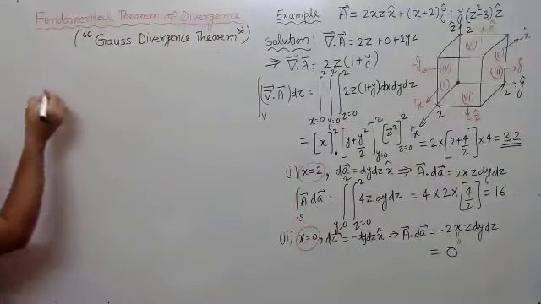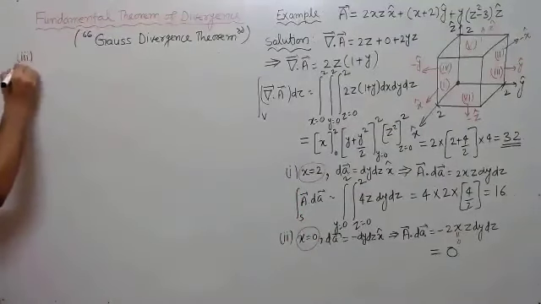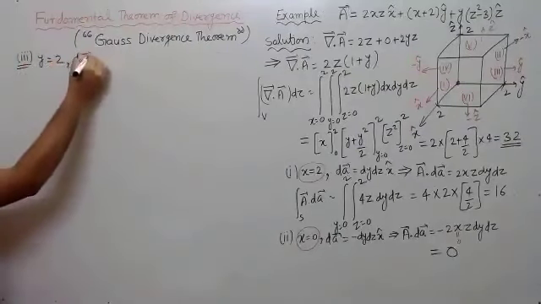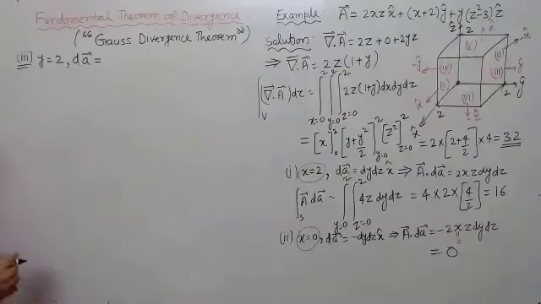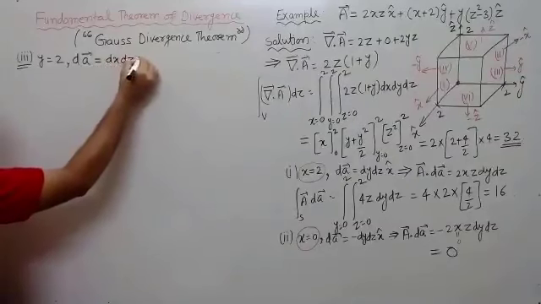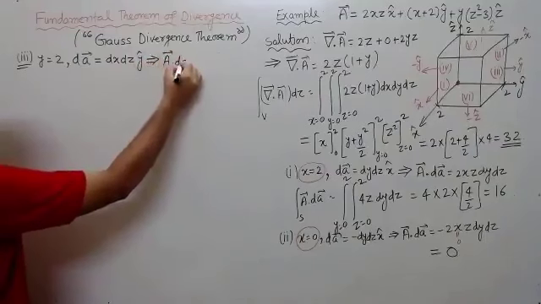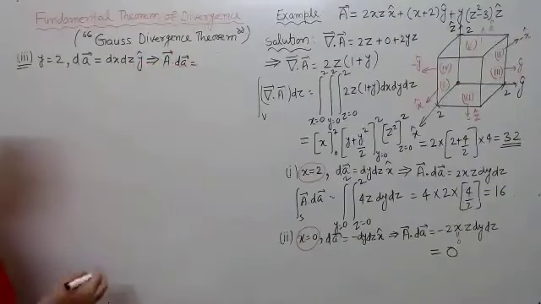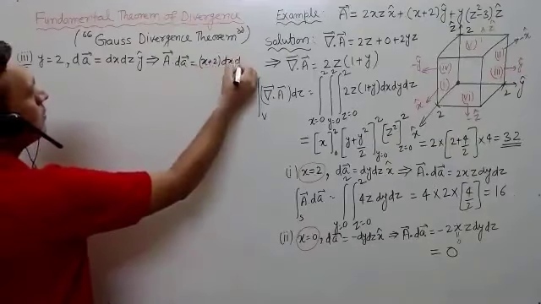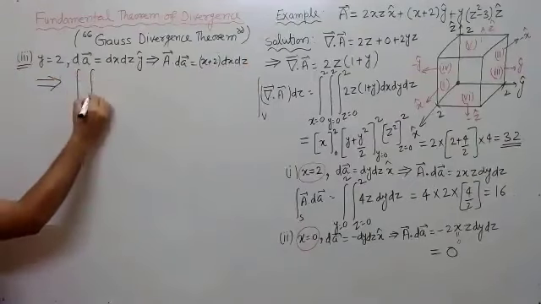So surface 3, y is equal to 2 plane. And what will be dA? dA will be dx dz y cap. And then what will be A dot dA? x plus 2 dx dz. So then this integral value will be